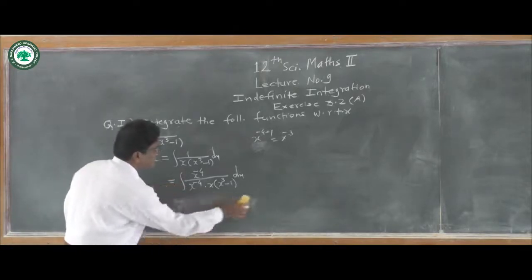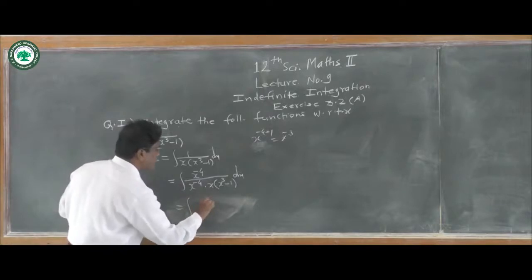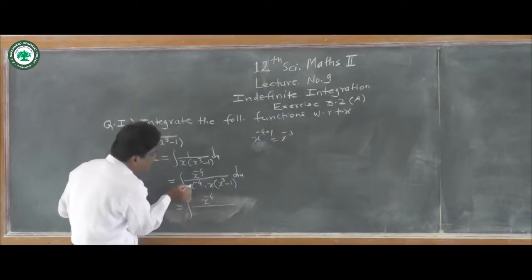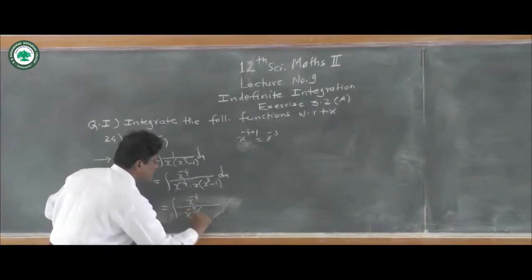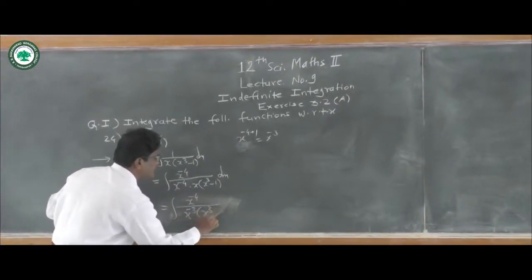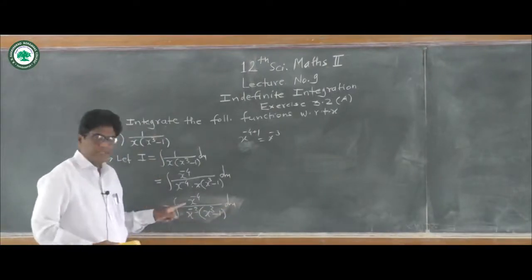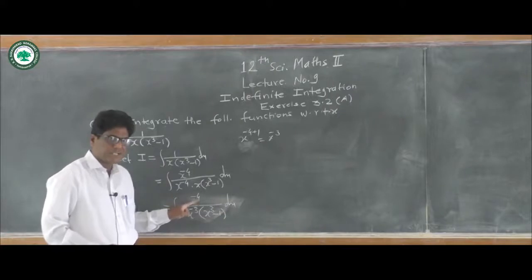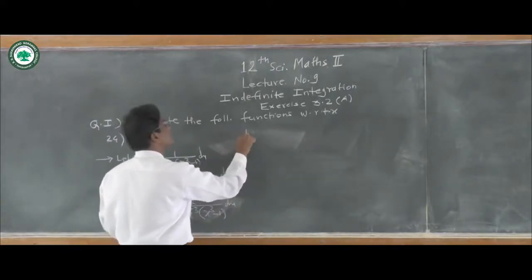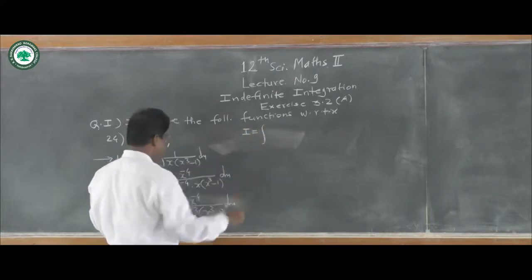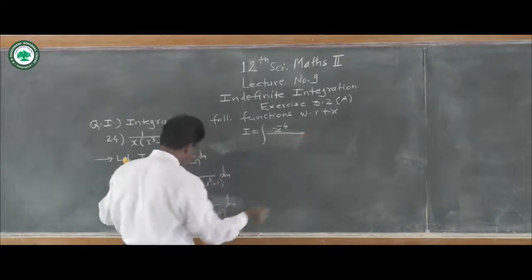Or we may write this step again. We write here like this. This is equal to integration of x to the power minus 4 as it is. Firstly take x to the power minus 4 into x, that is x to the power minus 3, and now here in the bracket x to the power 3 minus 1 dx, and now multiply by x to the power minus 3 inside the bracket. So we get here I is equal to integration of x to the power minus 4 upon this